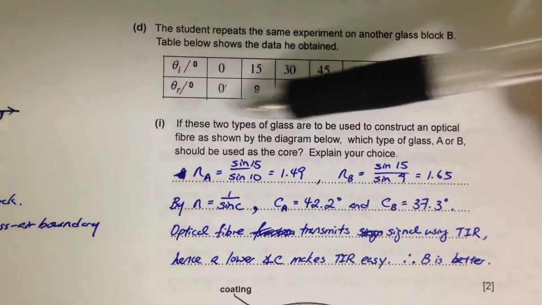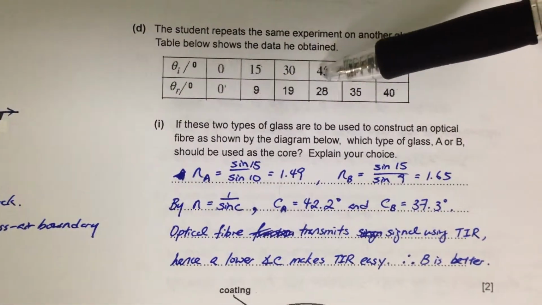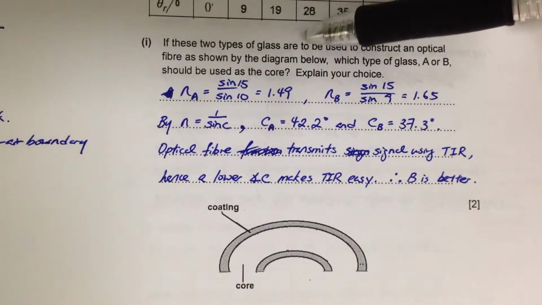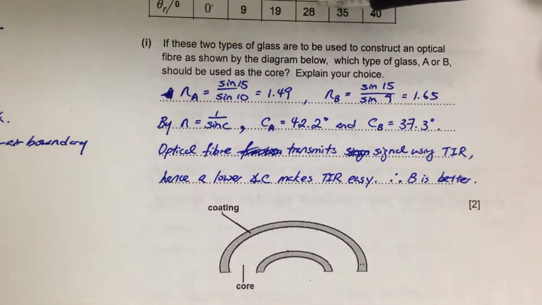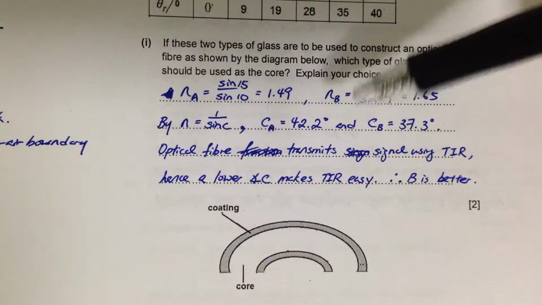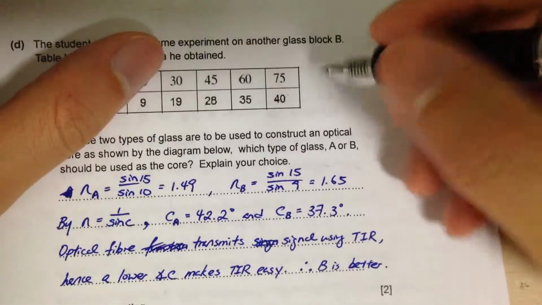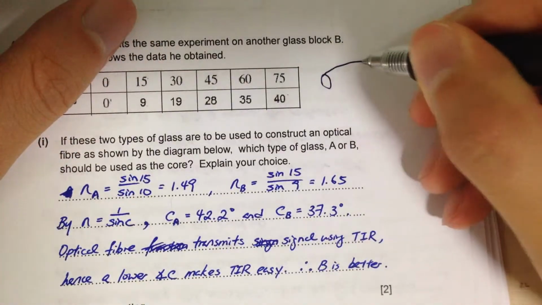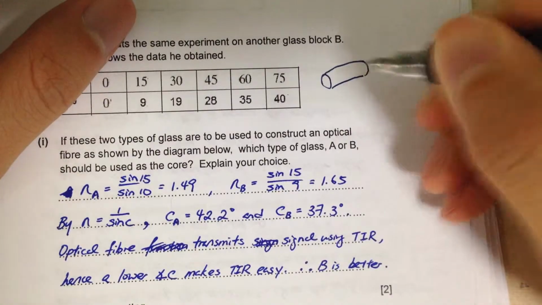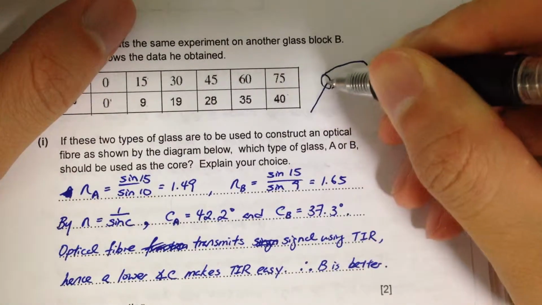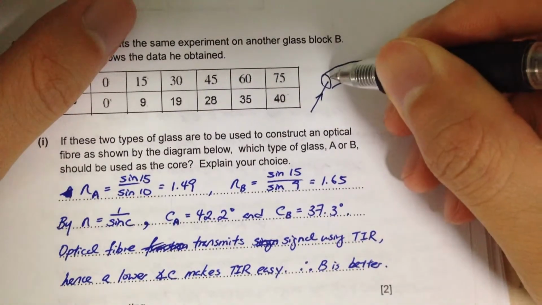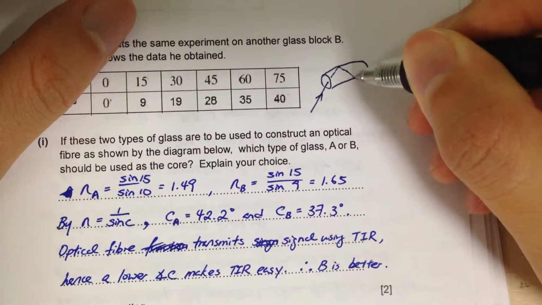Okay, so part D is another set of data from another glass block. Now, what they're asking you is which of these sets of readings makes a better optical cable. So you need to know that in an optical cable, let's say you have an optical cable, what you are trying to do is shine a beam of light into the optical cable. It is going to go through some